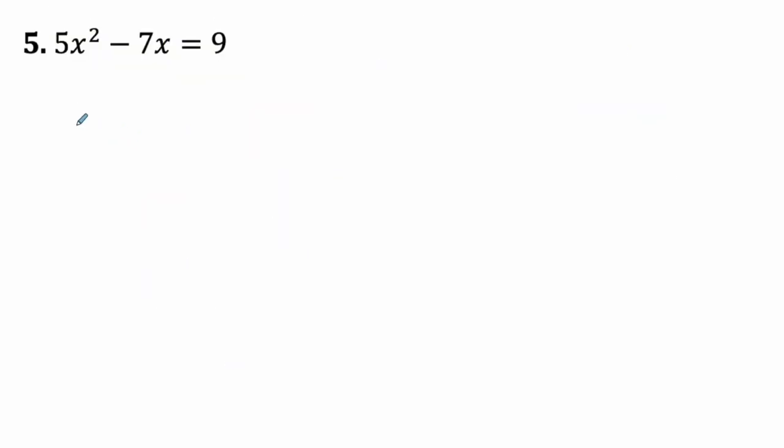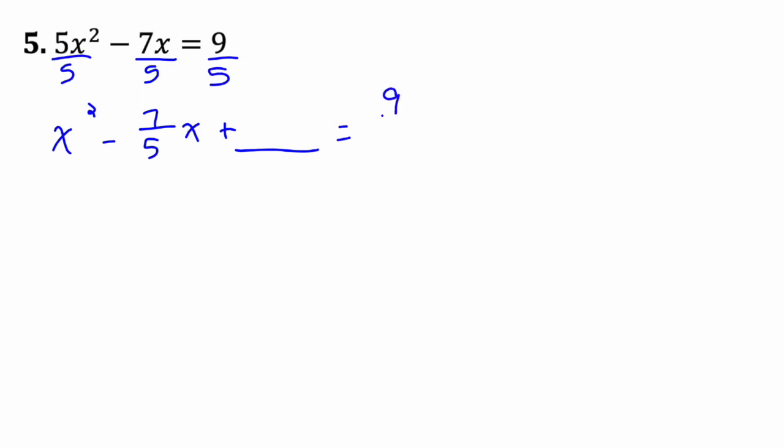Next up, and last one in our completing the square. Started off the same way. We need to get the x squared by itself. So divide everything by 5. We have x squared minus 7 over 5, which is nice because we actually already did that one. So we should get a similar number on that side. The right-hand side is going to be different, but